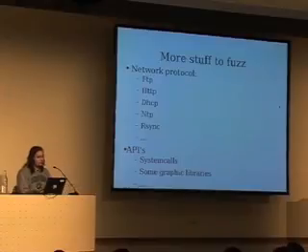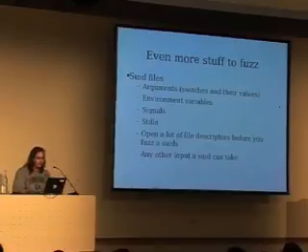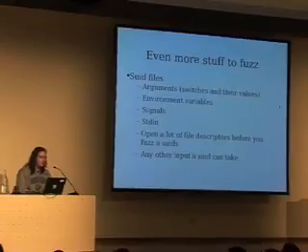APIs, system calls, are the obvious one. Graphic libraries are also exceptionally obvious ones, because they're going to be parsing a lot of length fields and stuff like that. And you just got to get it wrong once, and bam, there's a heap overflow or something. Right. So even more stuff to fuzz. SUID files, which is what I talked about in like the third slide or something, where you can do arguments, obviously, environment variables, signals, standard input,